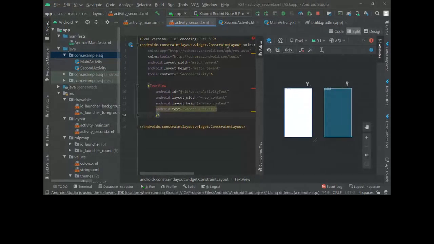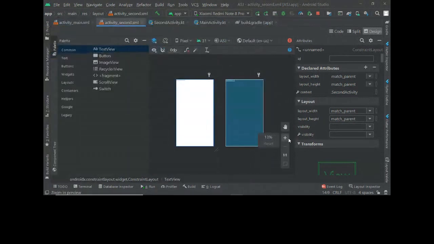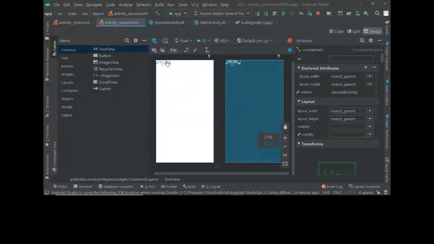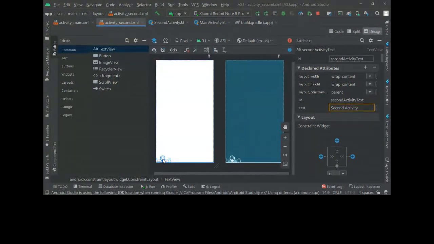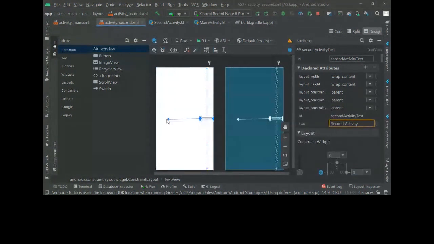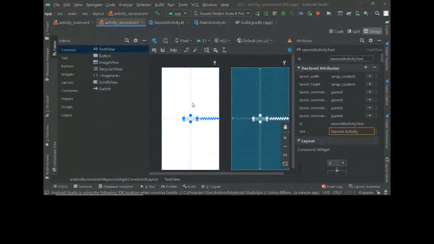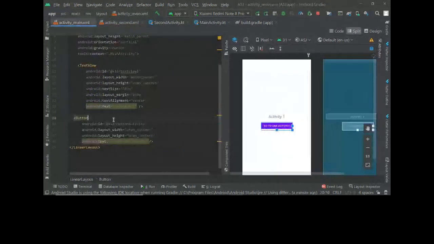Constraints, right? Because it's a constraint layout, it's compulsory to add constraints. So we can do that using code, or we can do it using design as well. Let's say this is constraint activity. Now, if I drag it here, that means I've added a constraint to the bottom. If I drag it to the top, I've added the constraint to the top. Or I drag it here, and I drag it here. So that means I've added all the constraints. Come and see here, all of these are added. Or we can just do some formatting from there as well.